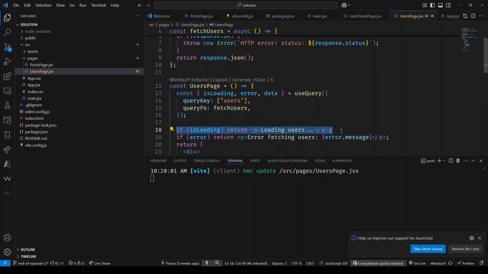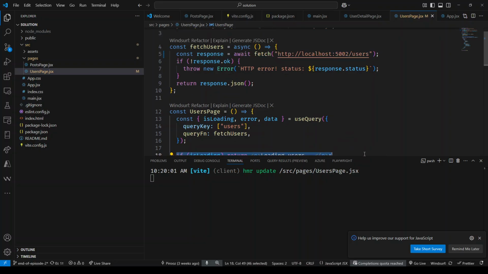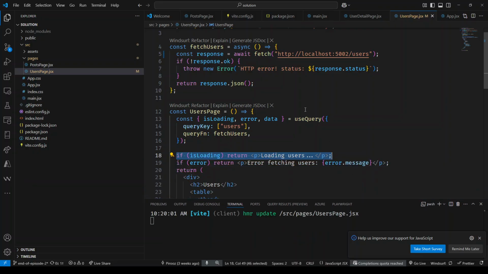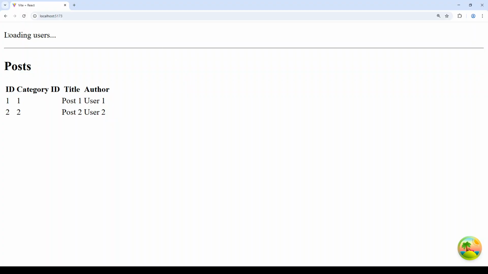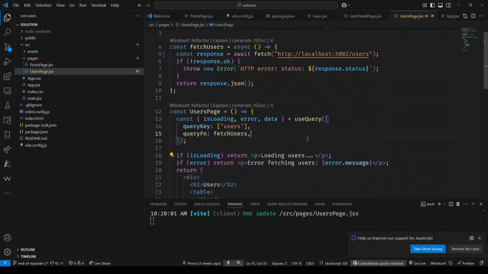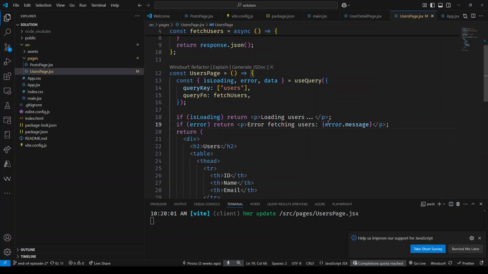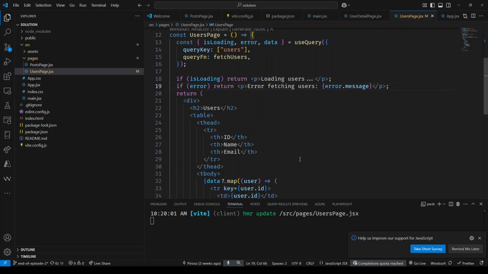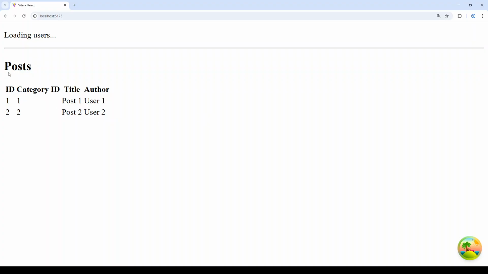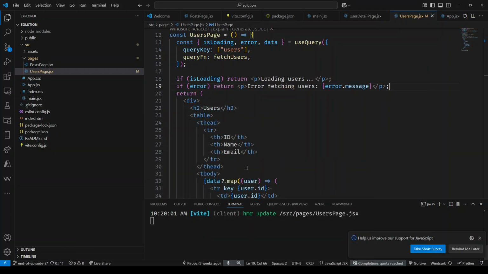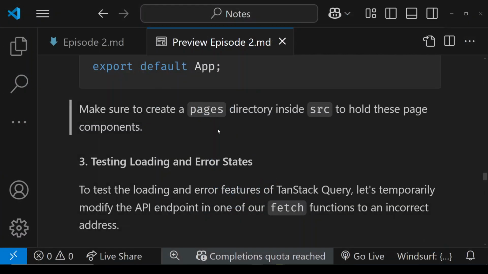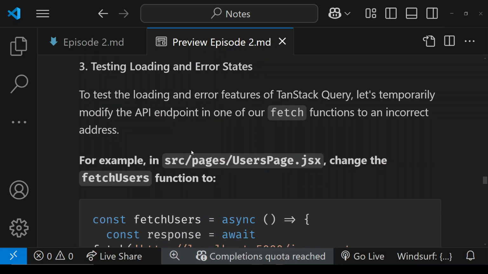The application hasn't crashed. The application is trying to load some data from the backend API, but the backend API is probably slow, and it is still loading users. Of course, we can configure this. And when there is an error, of course, we will see "error fetching users" and so on. So this is the simplest setup for using TanStack Query inside of your components, loading users and handling errors and so on, and showing the posts, as you can see here. Let me get to the notes one more time,